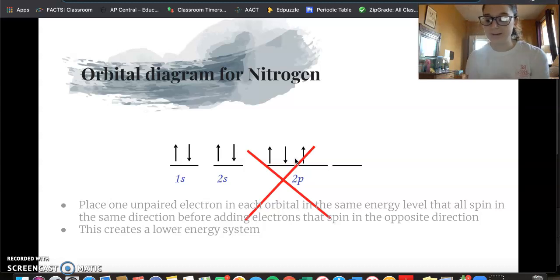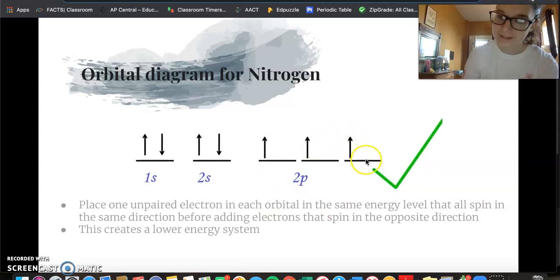By having one unpaired electron in each orbital, it creates a system that is at a lower energy level, and this is because of a physics thing. Not really something you have to explain the why of, but the reason Hund's rule is a thing is because it is a lower energy level, so that's why we don't double up until we have to. So the correct orbital diagram for nitrogen would be this, where we have single upward spins in each orbital before we actually double up. This does not violate Hund's rule, and we followed Aufbau's principle too by filling 1s and